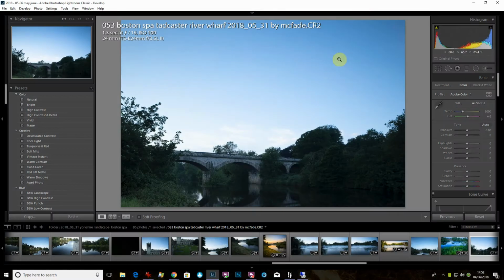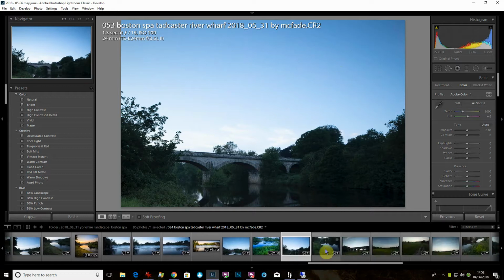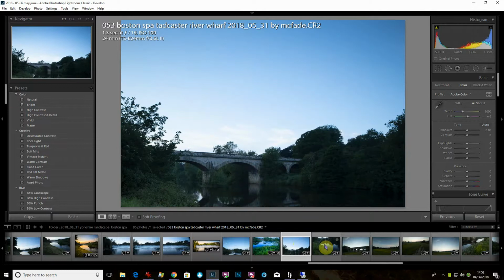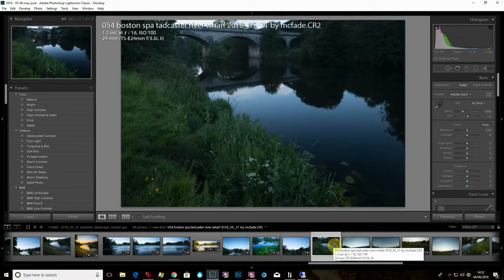Hi, in this video we're going to have a quick look at how to do panoramics in Lightroom. So sometimes you get a shot like this where you've got two halves to it. You've got a sky and then a foreground. I've done this with a tilt shift lens, so I just shifted between the two and you get the two halves like that. In the old days you used to have to go into Photoshop and do the stitching together